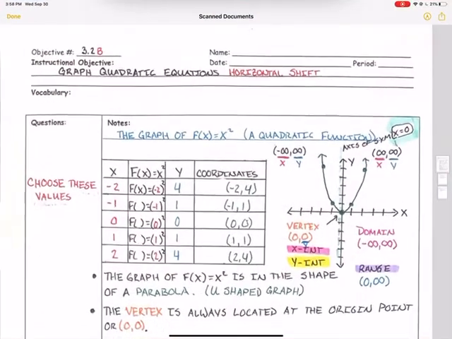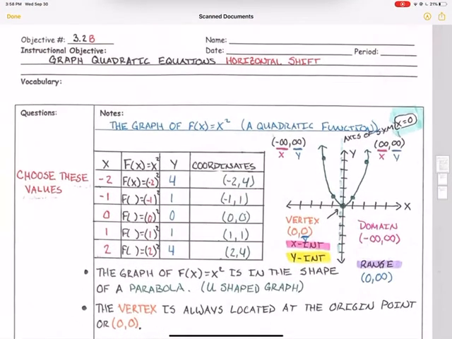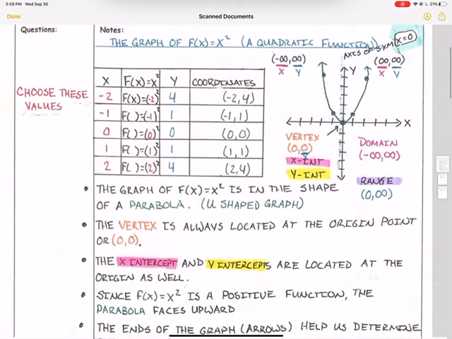Alright guys, we're going to continue to talk about graphing quadratic equations. Today we're talking about horizontal shift. Okay, so in my class this is objective 3.2b, but regardless we're talking about graphing quadratic equations and shifting them horizontally. So just a quick reminder, a quadratic function is always based off of the graph of f of x,